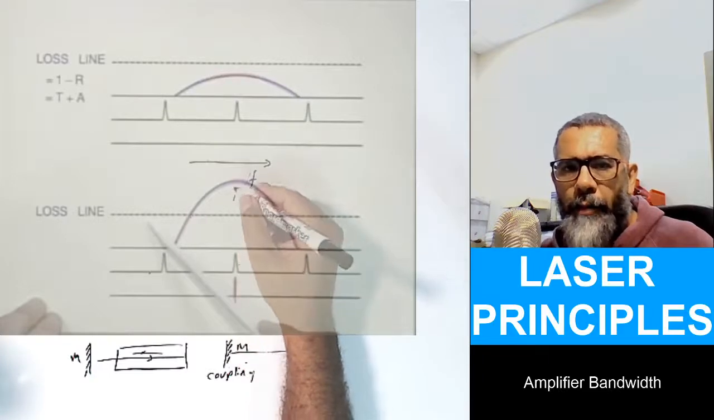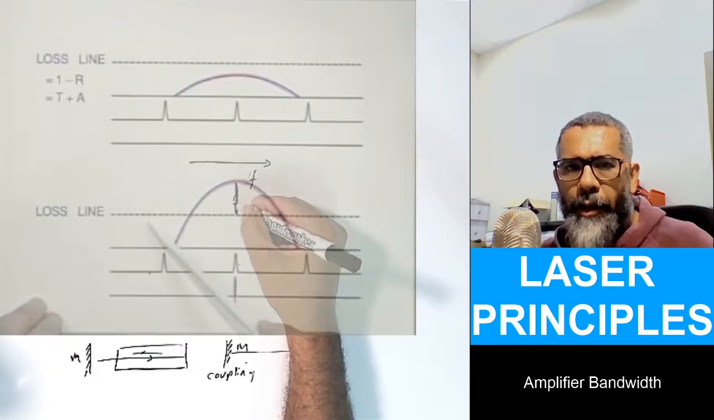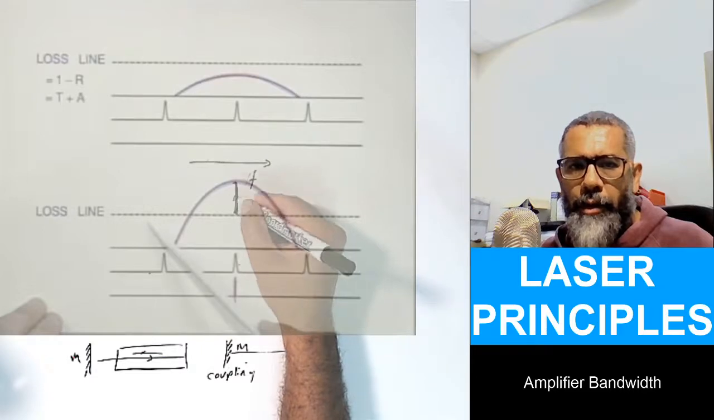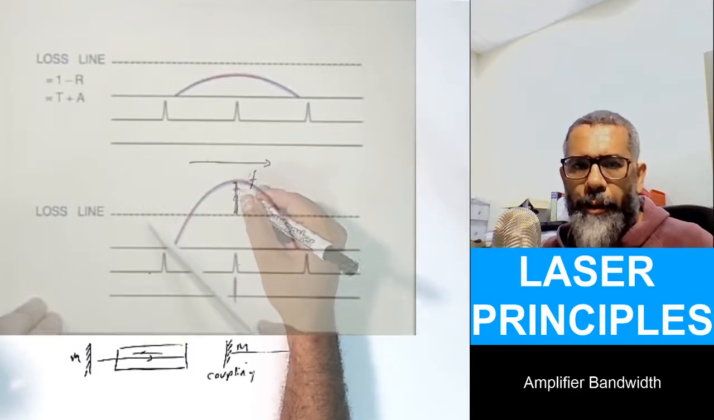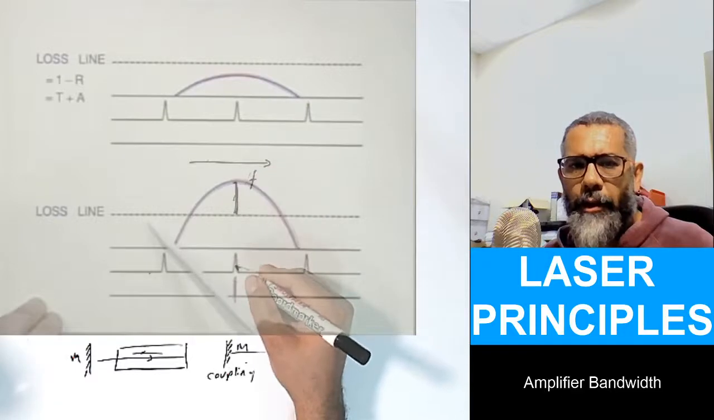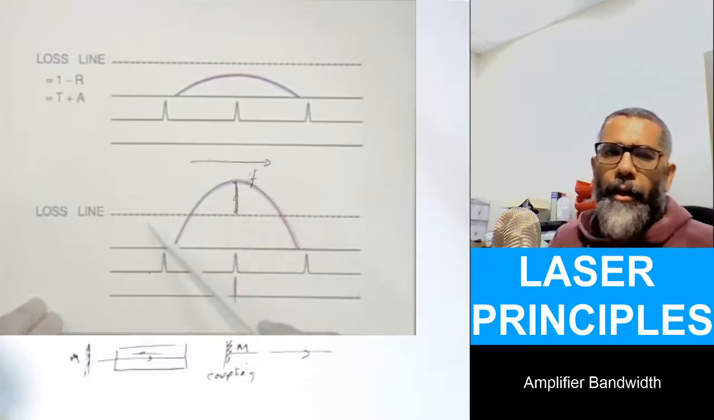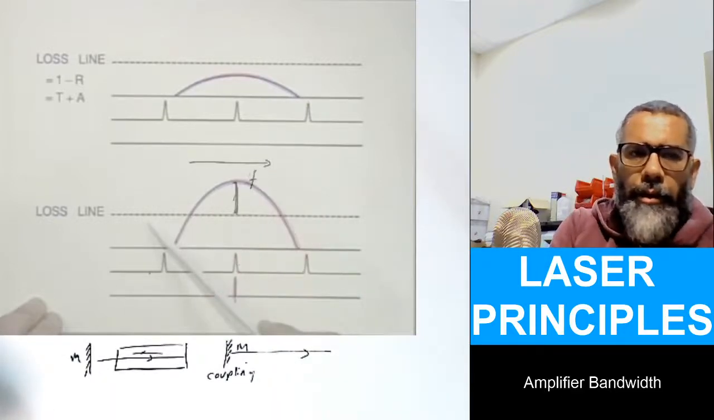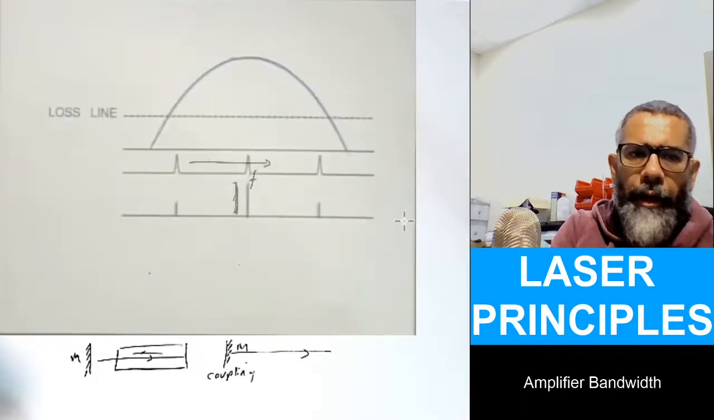Let me draw over here. And this frequency has just this much gain. Okay, this is the amount of gain, because this portion stays above the dashed line. This part is the amount of amplification that this resonant frequency will get. Well, sometimes we may have